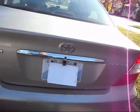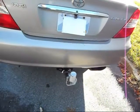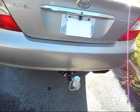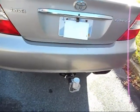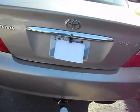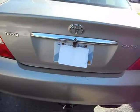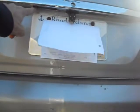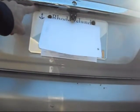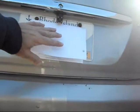I put this backup camera in because I wanted to make it a little easier to hitch up a trailer, and it really does make a big difference. Very easy for one person to line it up, get it positioned, and hitch up a trailer. So that's why I went with the center mount camera here, so that the alignment would be easy. I considered getting one that would fit in replacement of one of the license lights, but that would have thrown it off center. It would have been nice for unobtrusive looks, because this one sticks out and it's very obvious,